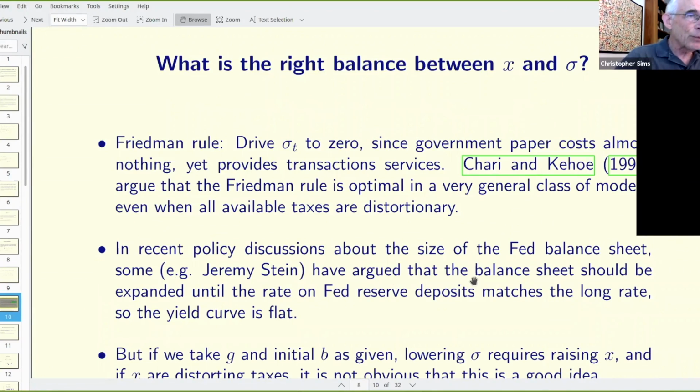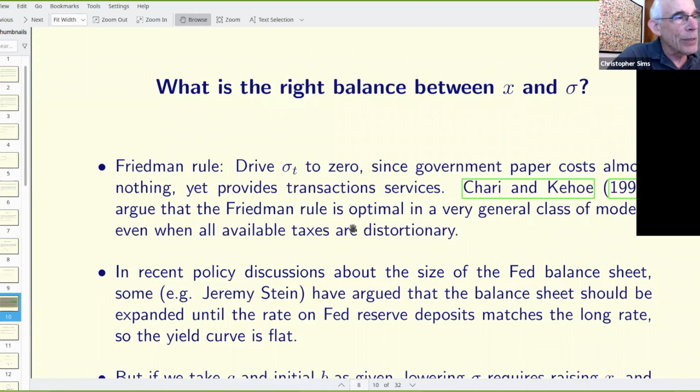So what's the right balance between X and sigma? You can't answer this fully without both detailed analysis of transactions or liquidity services of money and of government debt. Nowadays, people are pursuing the idea that interest-bearing government debt, all maturities, actually provides some kind of services, transactions or liquidity or insurance services. And if that's true, and we simply model that as saying that these services contribute to utility or to output,